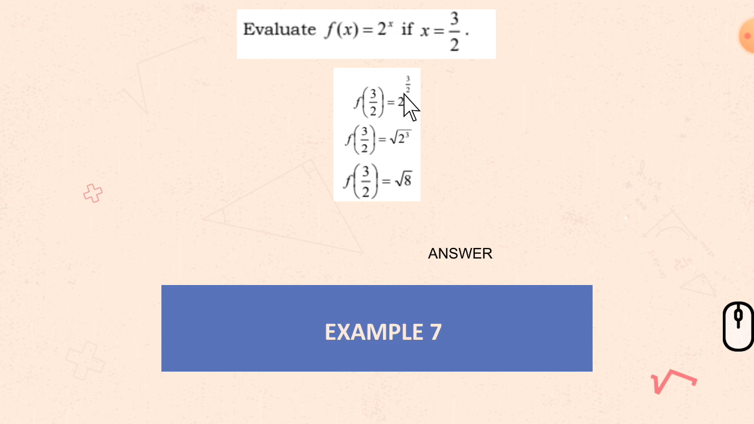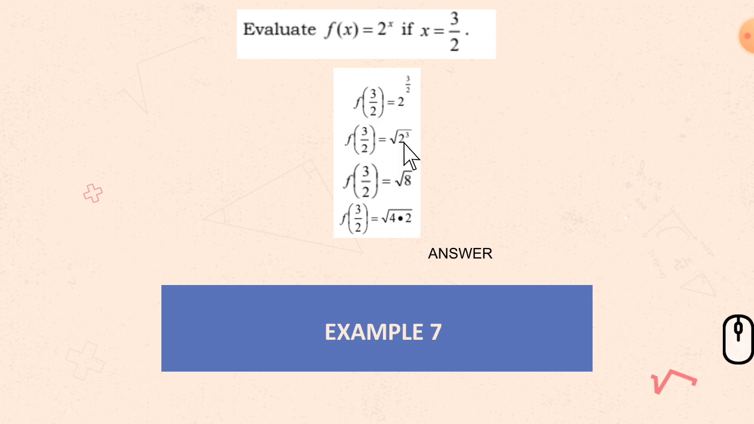Pero dito, ang example natin is 2, kaya square root siya. And then, yung 3 naman na numerator, ay magiging exponent dito ni 2, ng ating base. So, square root of 2 cube. Therefore, f of 3 over 2 is equal to square root of, ano yung cube root ng 2? 2 times 2 is 4 times 2 is 8. Yan. Next,